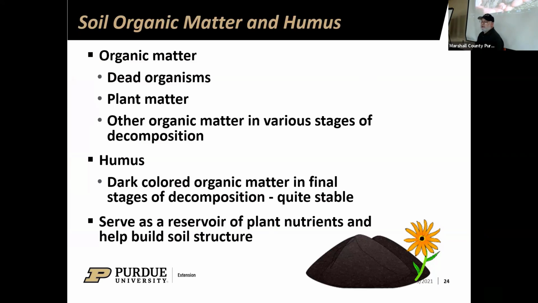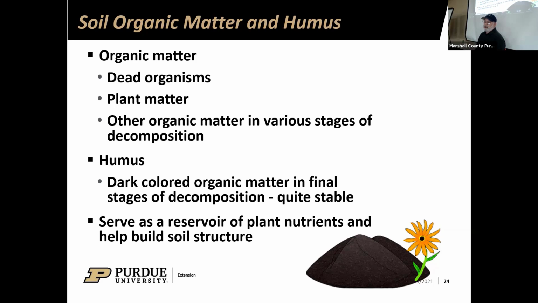So again, soil organic matter and humus are critical for soil health. Organic matter, again, is dead organisms, plant matter, and other organic matter in various stages of decomposing makes up the soil organic matter. But a healthy soil has a lot of active organic matter that's in the process of being decomposed and isn't